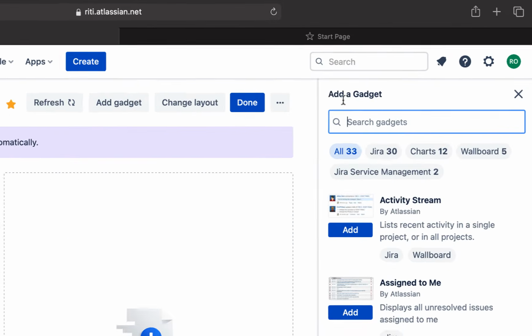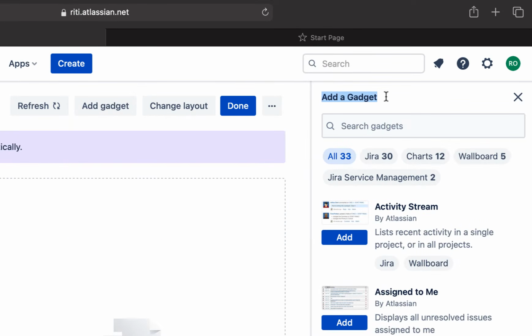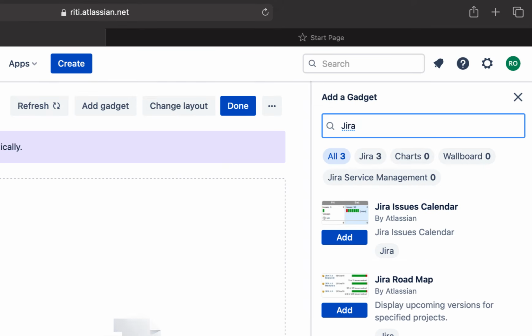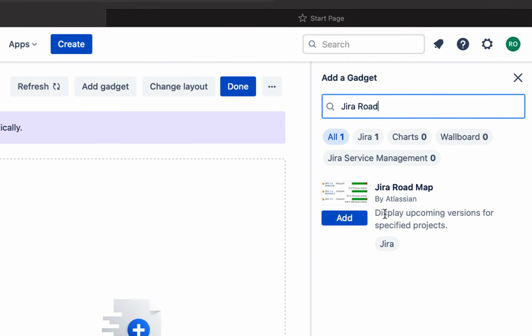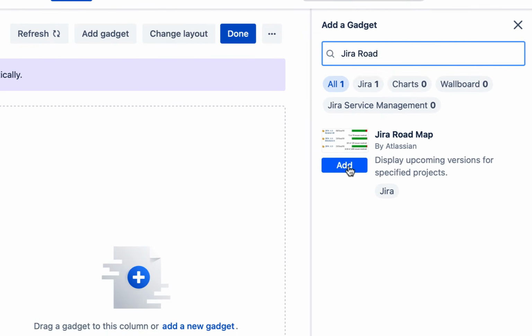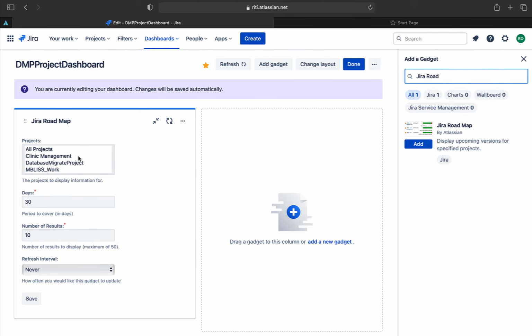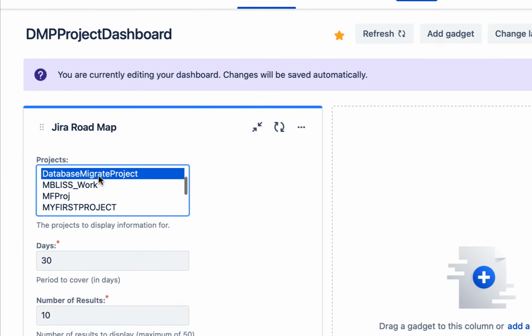To search for the gadget, under this add a gadget section, we have this space for search. So here I will add Jira Roadmap and just click on add. We would need to configure this roadmap. For that, we need to select the project. So I would like to select my database migration project